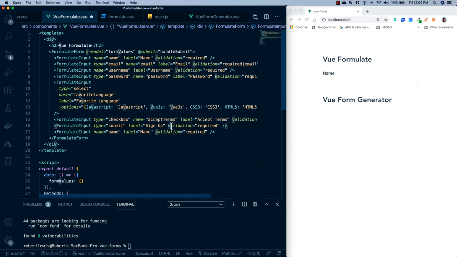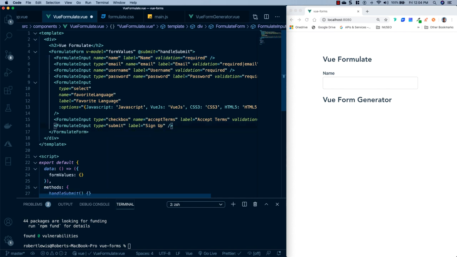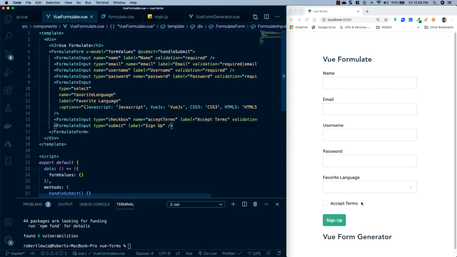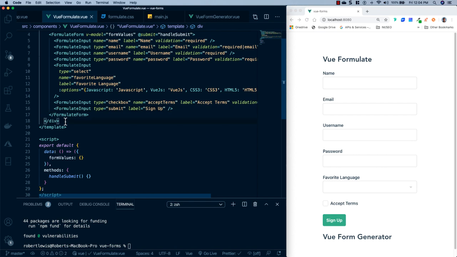And we're going to take the validation off of it as well. And it looks like I lied. We're not going to have that many inputs, so I'm going to go ahead and delete this one and then save everything. Now to display what is actually coming out of our form values, I'm going to go below our